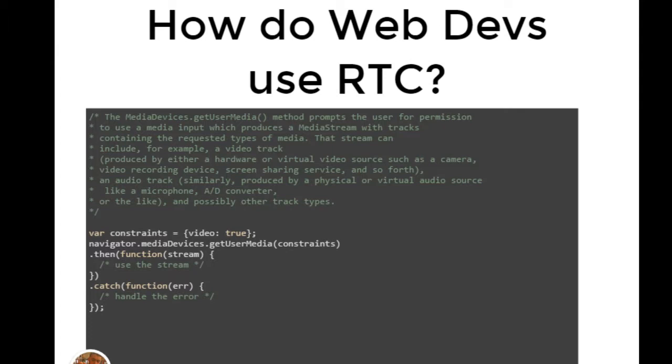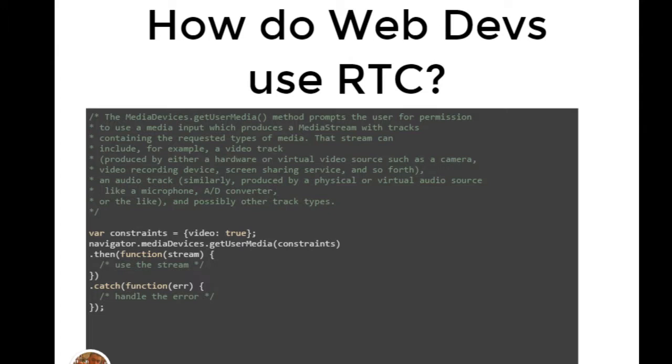So this is kind of small, and code is one of my least favorite things on slides, so I didn't put a whole lot on here. So how to access it, right? It's just navigator.mediaDevices.getUserMedia, and then whatever constraints you have if you want to say only video or only audio, for example. You don't want every single kind of media to stream to the browser. You want just a specific kind.